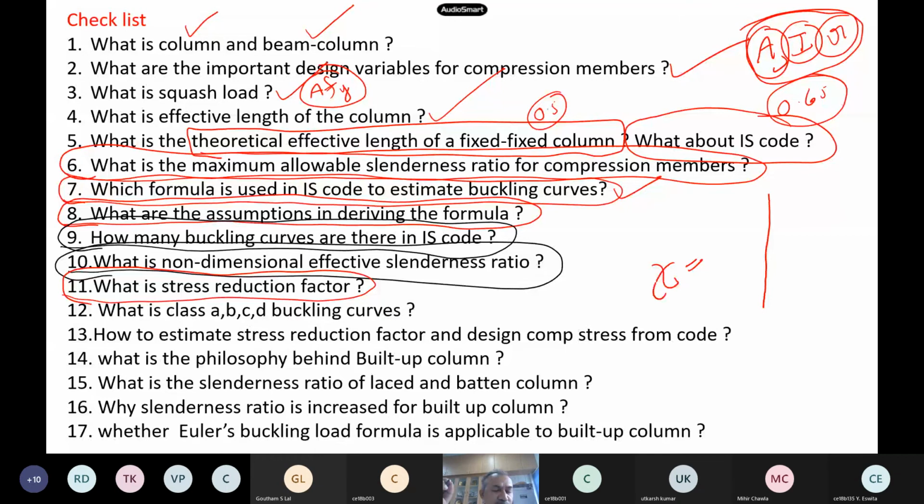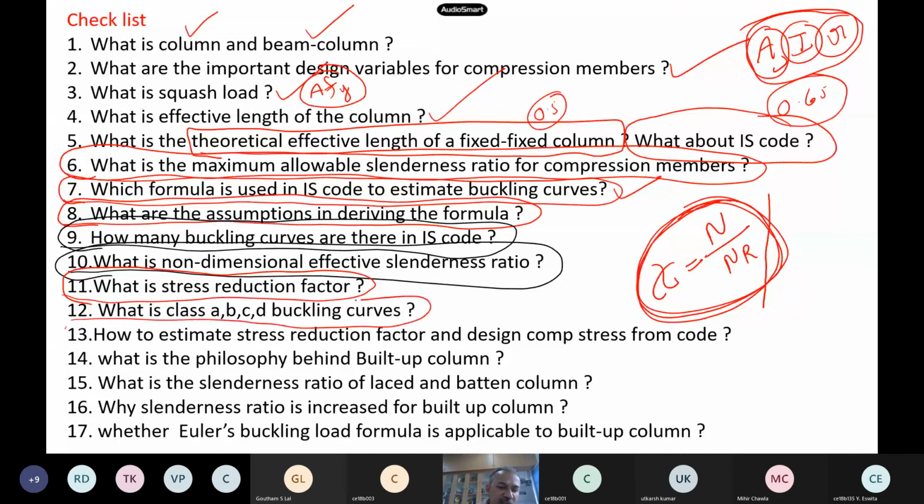Are you able to hear now? Yes, sir. Now we can hear. I think the internet here is not good. Now you see, what is the stress reduction factor? Because of the slenderness ratio or this eccentricity, we try to reduce the actual load. That is what the stress reduction factor is.